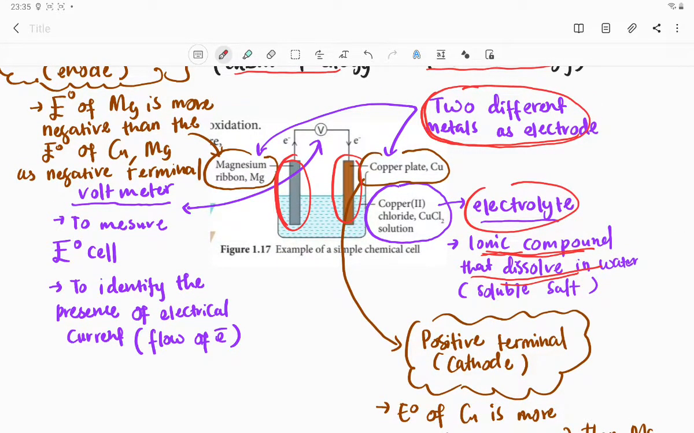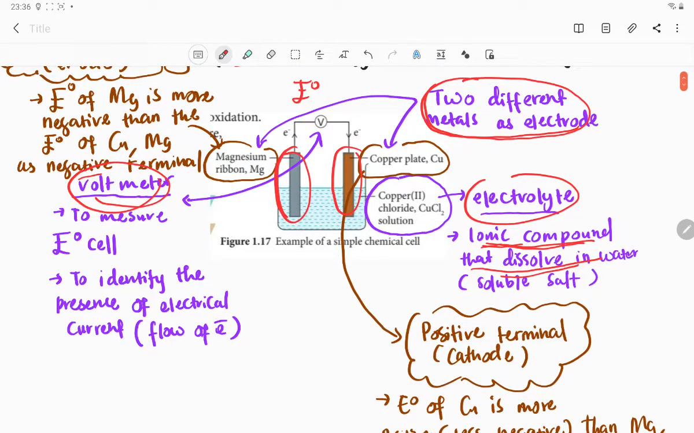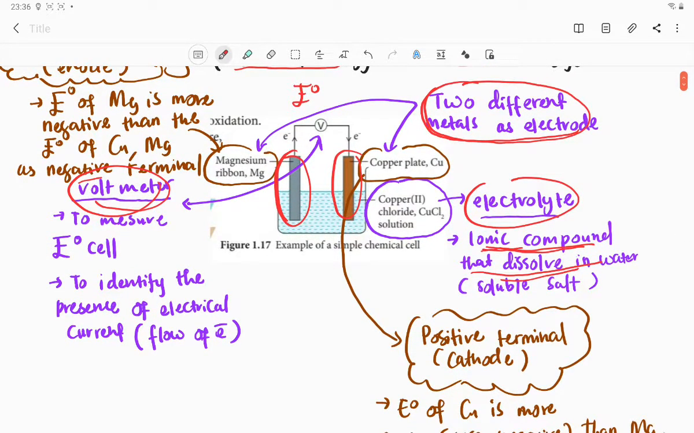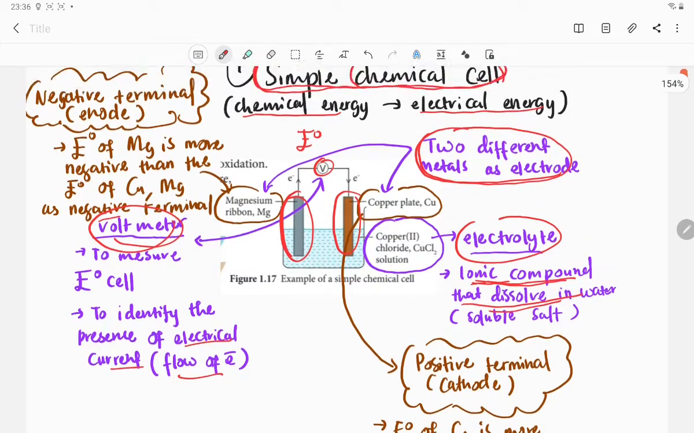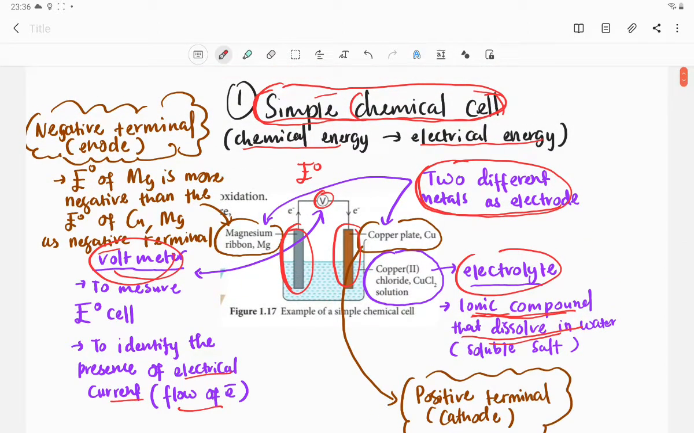Okay, dan kena ada voltmeter. Okay, voltmeter untuk kira dia punya electrode potential. Okay, selain untuk kita ukur electrode potential, we can use voltmeter to identify the presence of electrical current. Okay, bila ada electrical current, meaning there are flow of electron. Okay, so next, apa yang pelajar kena tahu